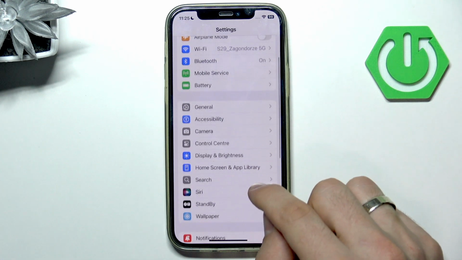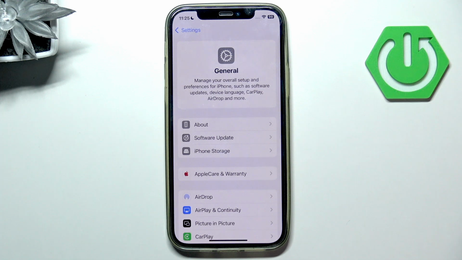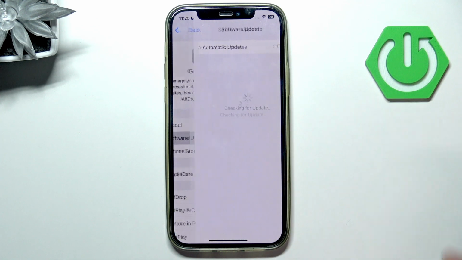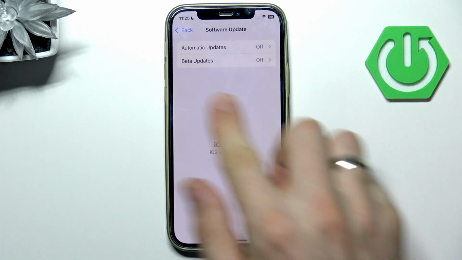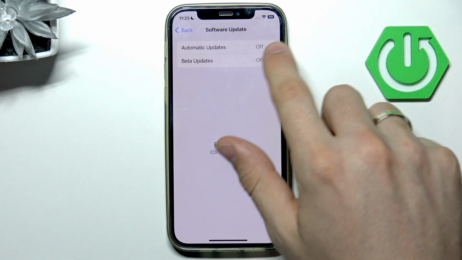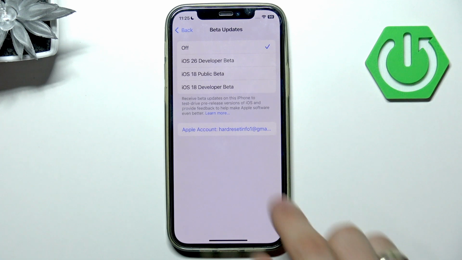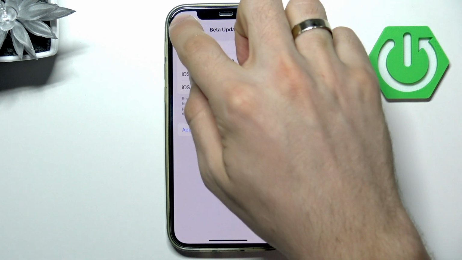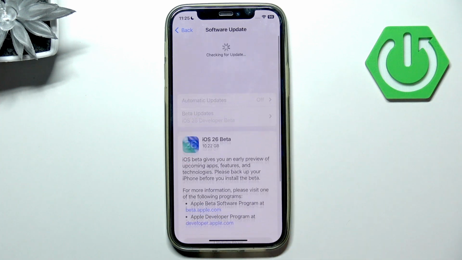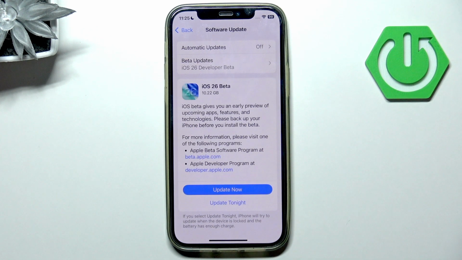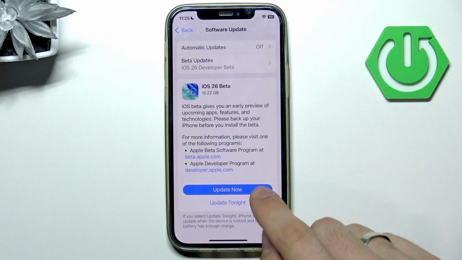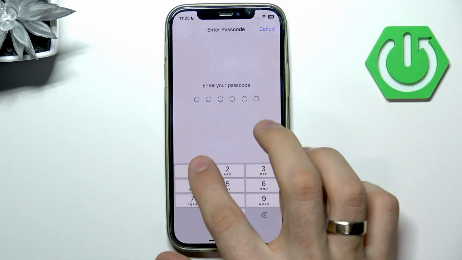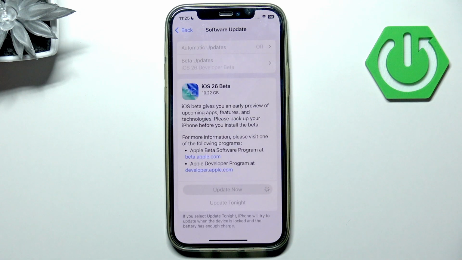Then just scroll down, find General, find Software Update, wait a while, and here you will see Beta Updates. Click on it, and here find iOS 26 Developer Beta. Click on it, go back, and update this page, and you will see iOS 26 Beta. Click Update Now, enter your passcode,